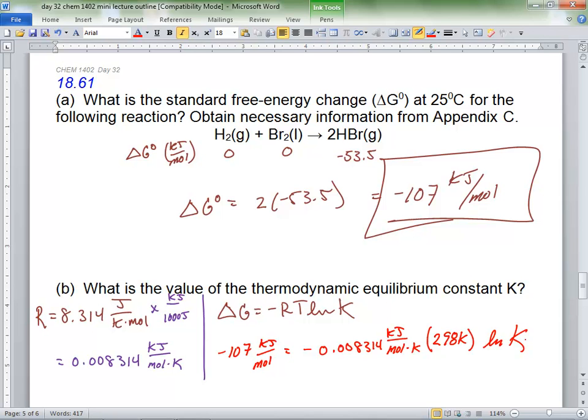Yeah, and then, so what I would do is I would divide this negative 107 by these two, get a number, and then raise it to the e power, right? Because you have to bring these over first. If it's in kilojoules, you times it by 1,000 to take it to joules. Right? Yeah. In fact, there's an easier way to do all this.